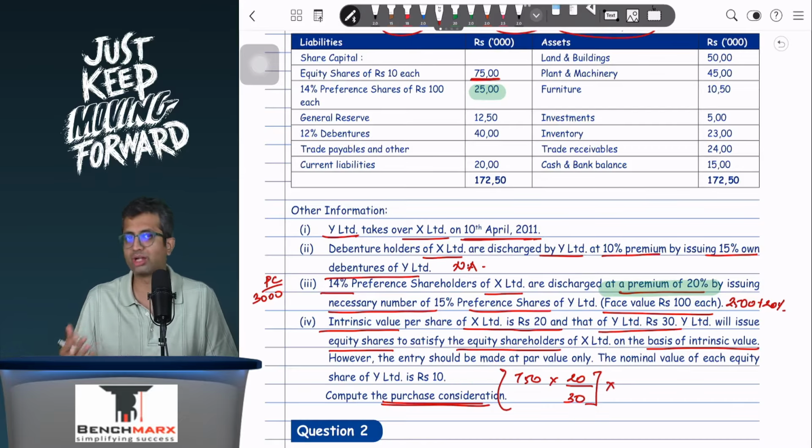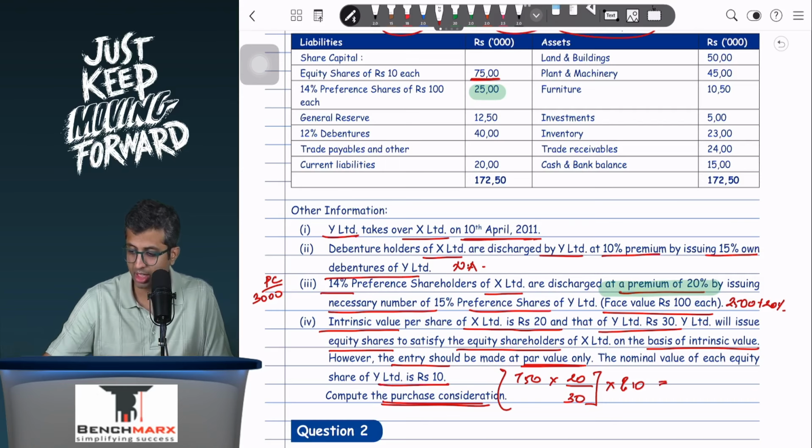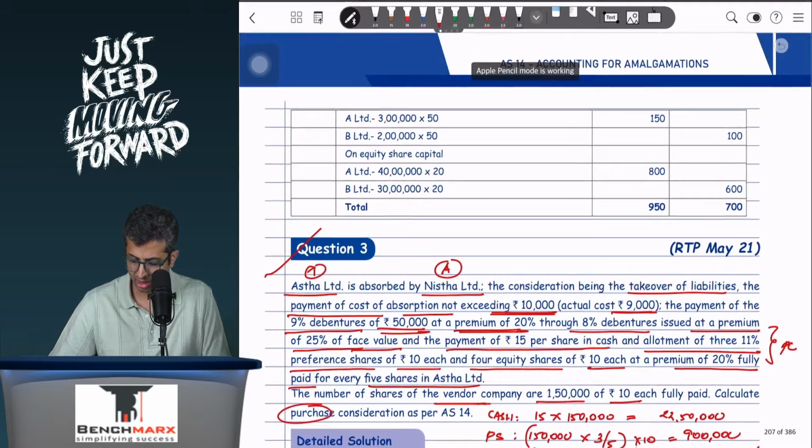Ideally they are issued at the issue price, but they have told you that the entry should be made at par value only, and hence we will say that the par value of this share is 10. Otherwise I would have taken 30 over here. The nominal value of each equity share of Y is rupees 10, and hence this is 750 into 20 by 30 into 10, and this comes to 5,000. So if I had to calculate the PC, I believe your PC would be